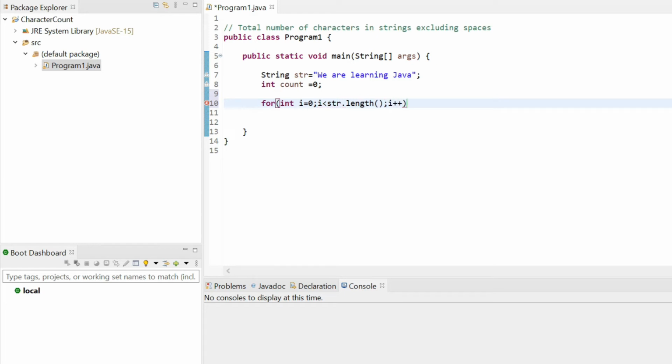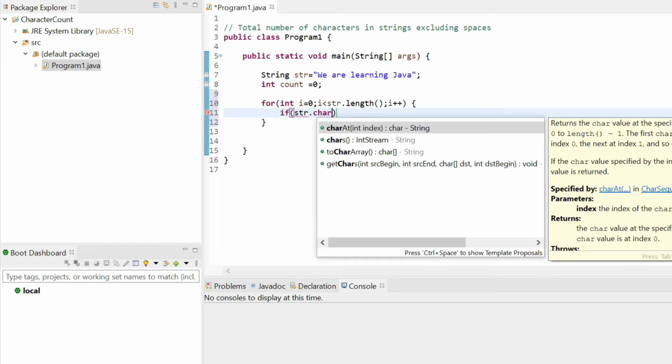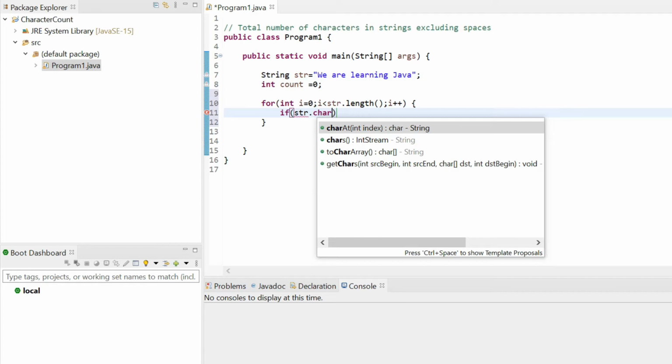So i++. Once that is done, inside the for loop, we'll have a condition to check characters in the string. Why do we need that? Because we don't want to consider spaces while counting the number of characters in the string. So while we traverse the string, we are going to ignore the spaces and count the characters. Inside the if condition, we are going to write if str.charAt(i) is not equal to space. charAt is a function that returns the character at a particular index.